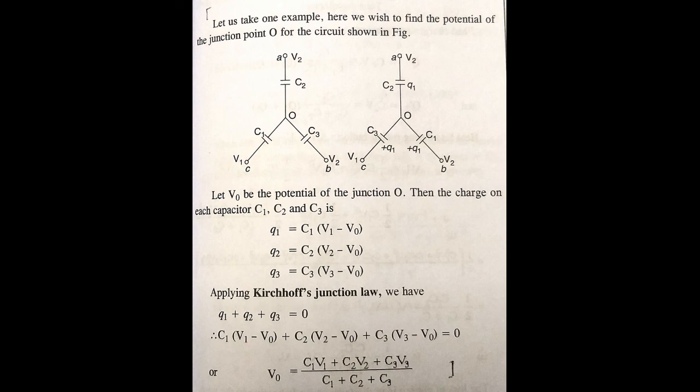Okay, and then we can apply Kirchhoff's junction law. It is nothing, it's just energy conservation. The total charge here should remain constant, so there is no charge flow, and the total charge is 0. So we can add up all these charges to get the total charge to be 0, which is Q1 plus Q2 plus Q3 equals 0, which will give us an equation, and from here we can actually solve